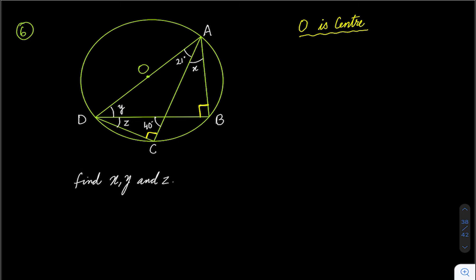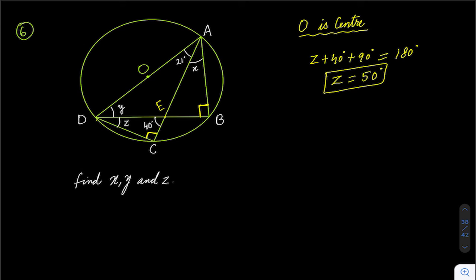Now I will think about which value we can find. Once we have these right angles, let's take this point as E. I think we can find this angle Z, because in triangle DCE, two angles are known, so obviously we can find the third. So Z plus 40 degrees plus 90 degrees equals 180 degrees. This is 130, so Z should be 50.